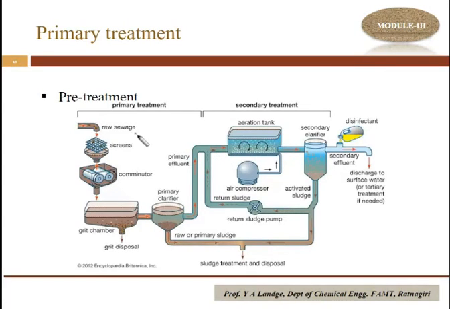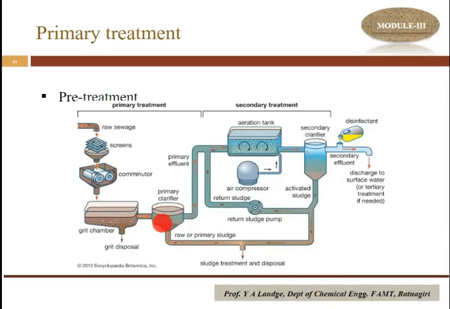So in the primary treatment, what happens? We look at this unit operation, screening. Then this one is a comminutor. Forget about this part, the screen is okay. Then we use the grit chamber. Look, this is the portion of the grit chamber. So first screening is over. After that, the liquid or the sewage that comes from the treatment is discharged into the grit chamber. From the grit chamber, some solid materials can be removed easily, and then the liquid is sent to the primary clarifier.